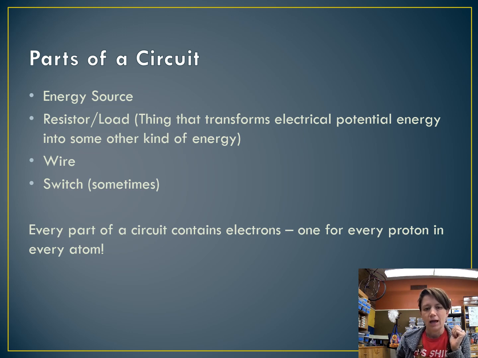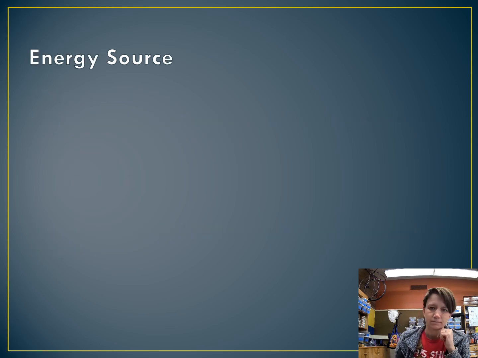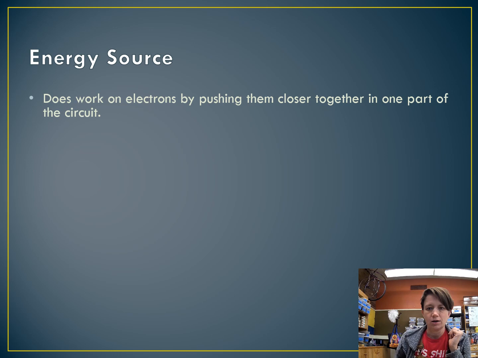A quick note, every single part of the circuit starts with electrons. There is one for every proton in every atom, so circuits are electrically neutral. The point of a circuit is not to create electrons or destroy them. It's just to move them around and with them the energy that they carry. So the function of the energy source is to do work on the existing electrons by pushing them together in one part of the circuit, right? That adds electrical potential energy to every single electron